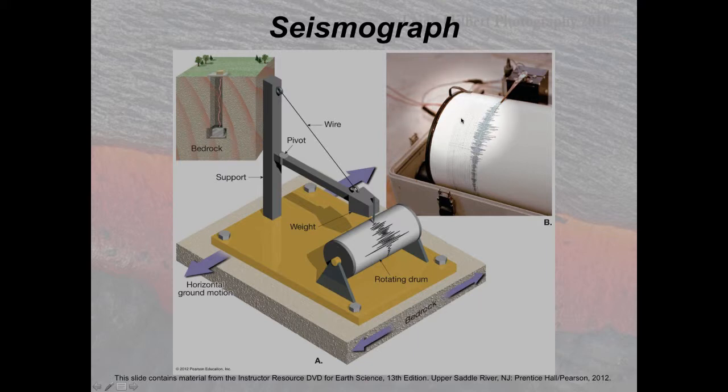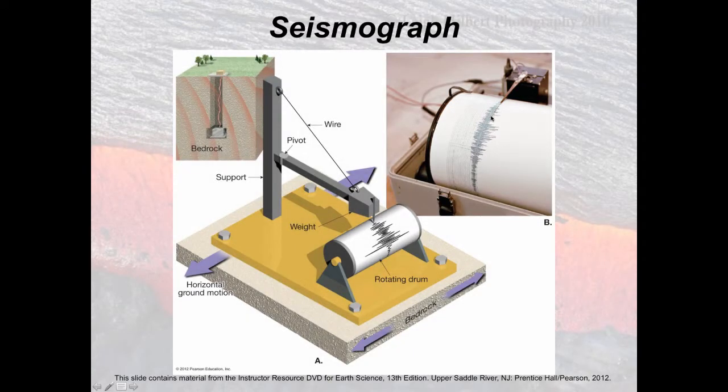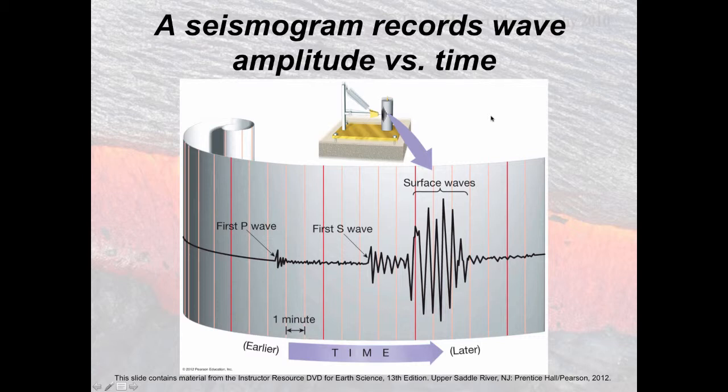And so each of these lines represents a certain amount of time. It usually gives a little bit of a tick, if you were to blow this up, a little bit of a tick at every hour mark or minute mark or day mark, as it were. But if an earthquake event occurs, or a seismic event occurs, all of a sudden you get the appearance of waves on your chart recorder, which is what a seismograph essentially is.